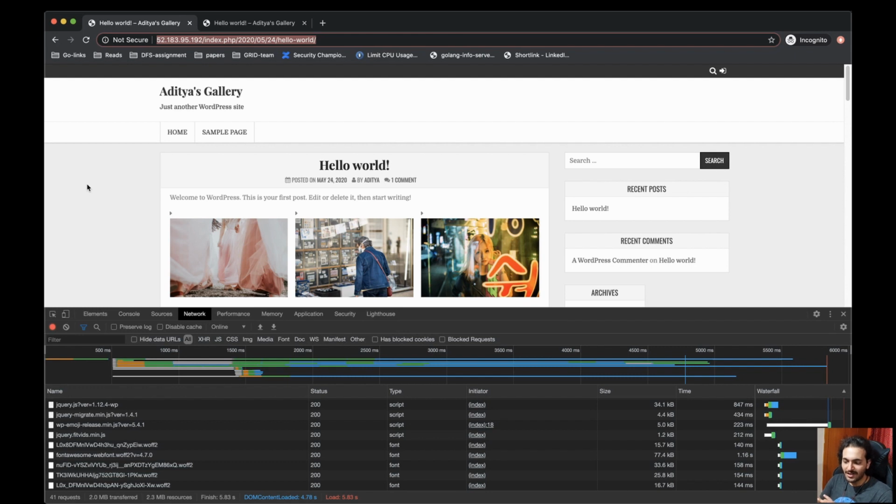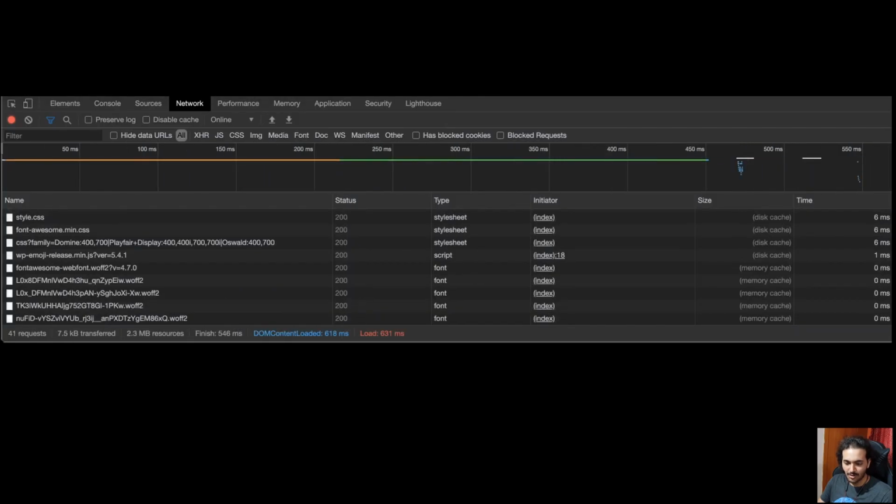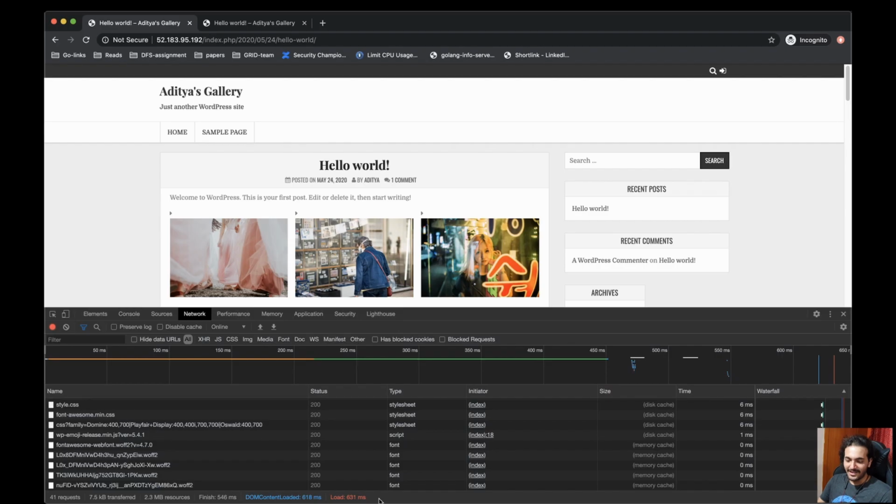So in this case, the cache is going to be present on the local browser itself, and hence you're going to see a very good improvement in the load time. I just reloaded it once, and you can see that the load time has already gone down to 631 milliseconds, right? This is again 2 times or approximately 3 times less load time than we saw on the path 2 that we took, hitting the cache server, right? So this is a really good implementation on the browser side as well.